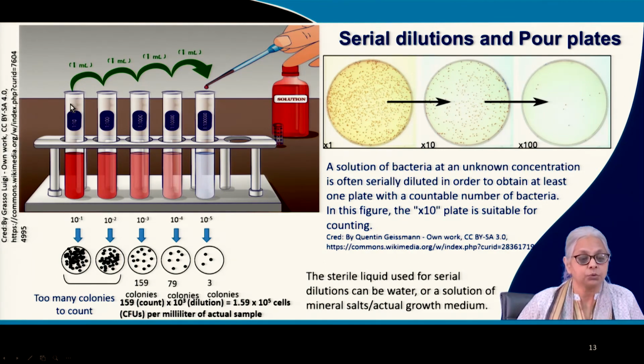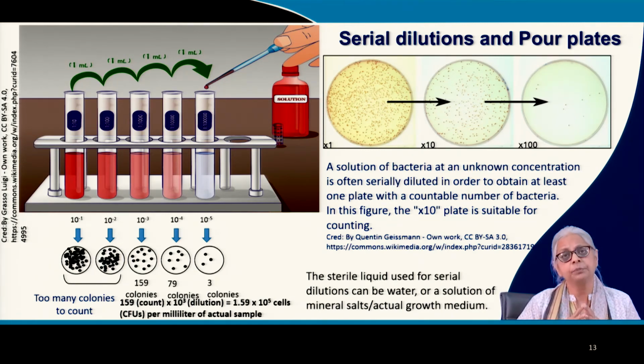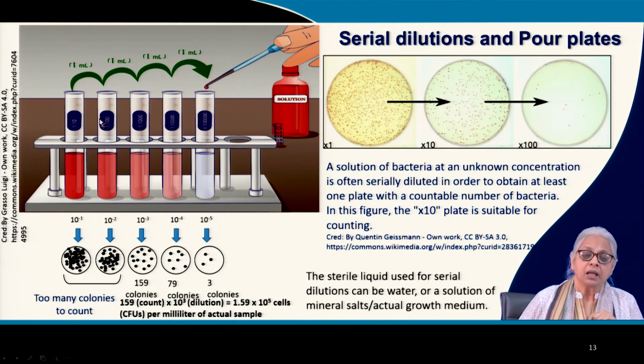So for serial dilutions, we have what is called a 1 in 10 dilution. You take a tube, you take 1 ml of your sample, and make it to 10 ml total volume, so that's 1 ml of the sample and 9 ml of your mineral media, whatever you use to buffer the dilutions. All of it has to be sterilized, including the test tube. So all solids and media have to be sterilized. So here you have a 1:10 dilution. You can start with the original sample, then 1:10, 1:100, 1:1000, and it keeps going on in multiples of 10. So this is called serial dilution.